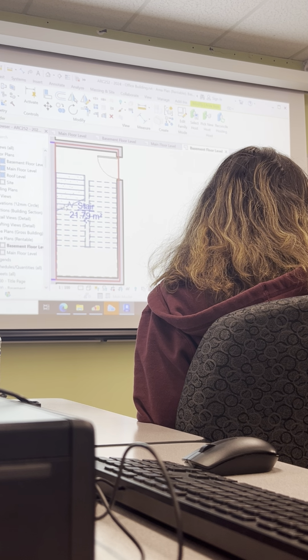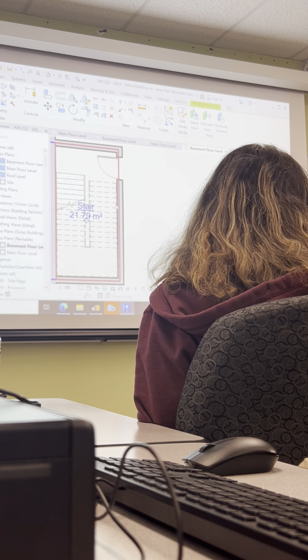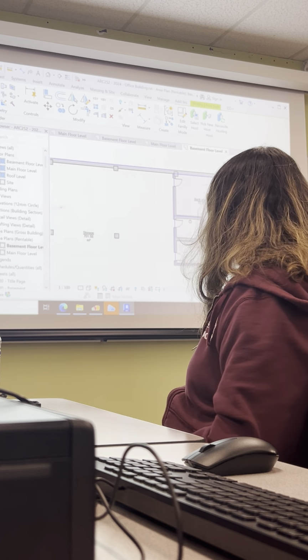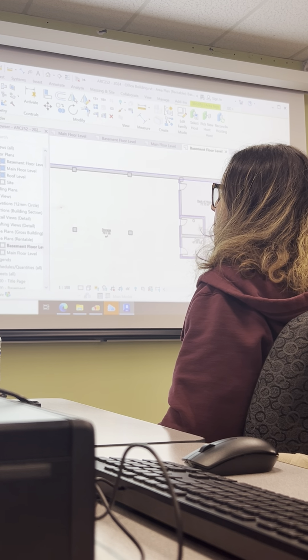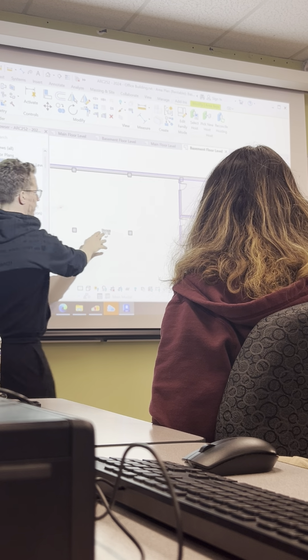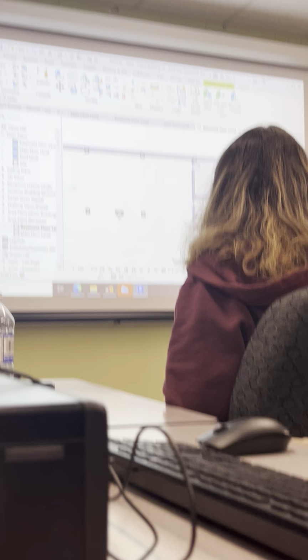So another way to do this, I just want to go over one thing. Let's say for instance your client says, I would really rather than that back of house being there, I just want to make this storage as well. If we